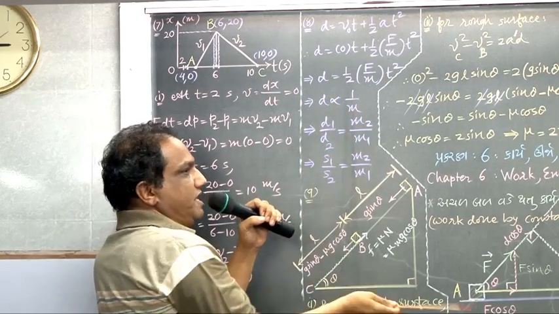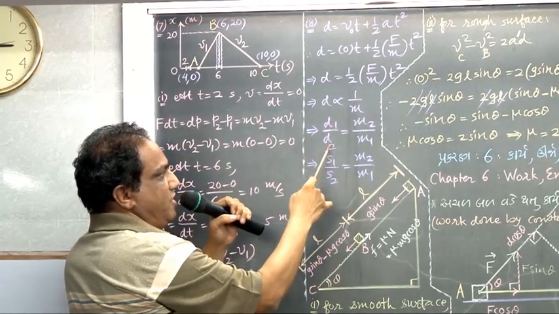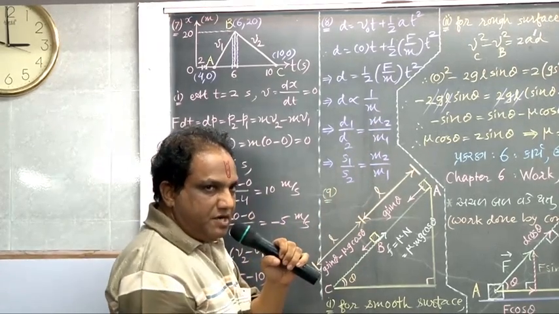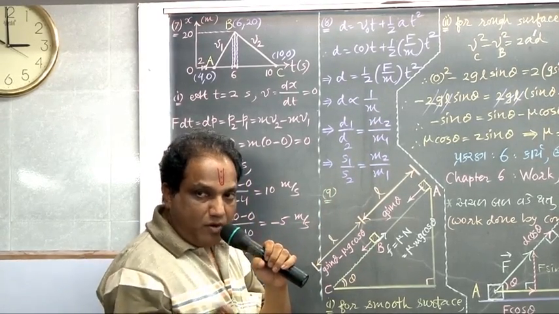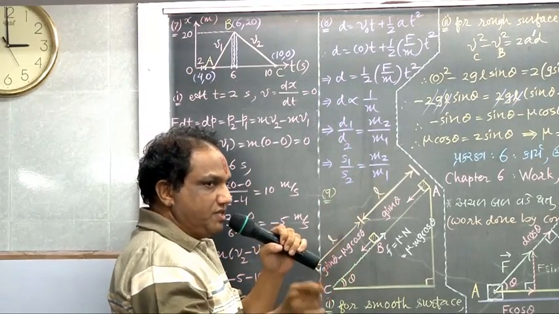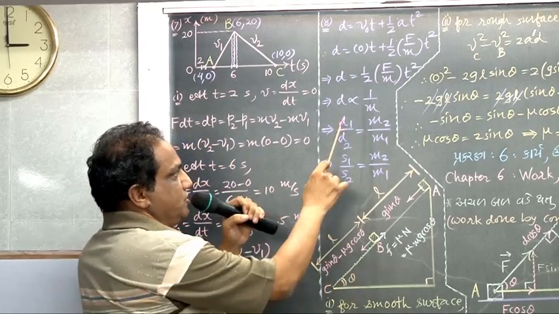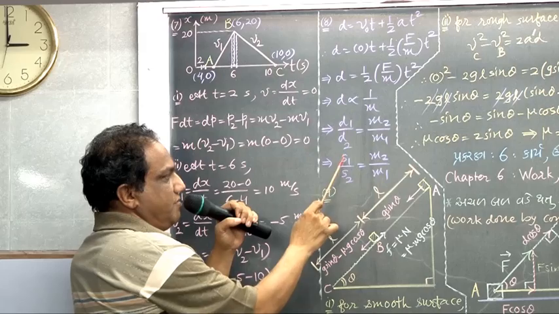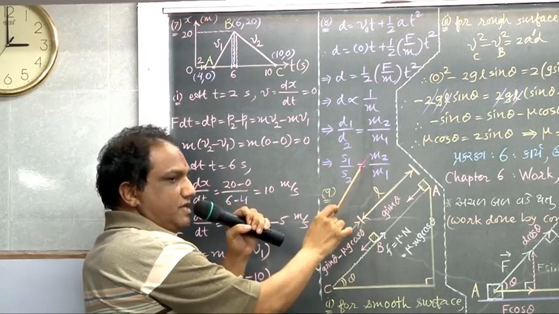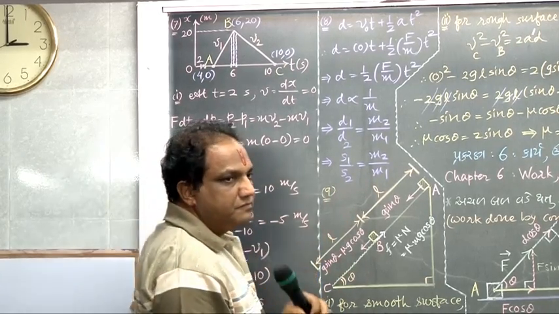Come on, inverse proportionality, then 1 to 1. From here D1 upon D2, and from here M2 upon M1. Remember that? D1 upon D2 should be written as M2 upon M1. But distance is covered by two substances. They are not given by the symbols D1 and D2, they are given by the symbols S1 and S2. So instead of D1 upon D2, what will you write? S1 upon S2, and that will be equal to M2 upon M1. This is the final answer. Okay. Read next. Number 9 is a very good sum.